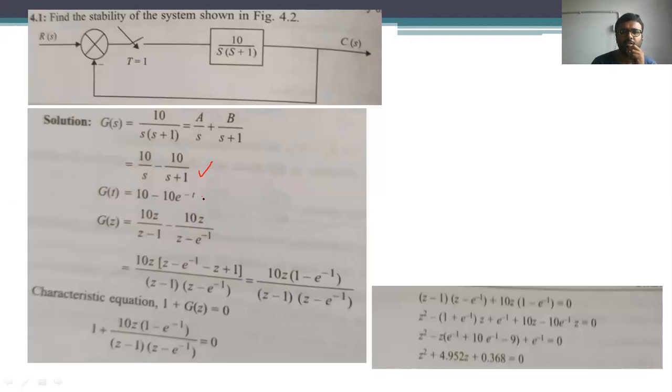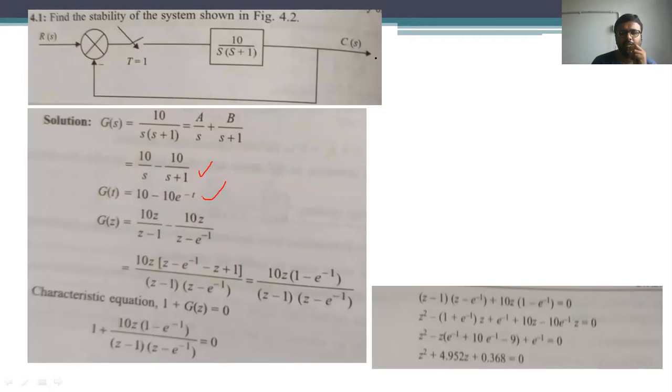With the application of the z transformation, this particular equation is going to be converted into the z transform, that is g of z is equal to 10 into z divided by z minus 1, that is the step function, minus 10 into z divided by z minus e power minus 1. Therefore, the overall transfer function in terms of the z plane,